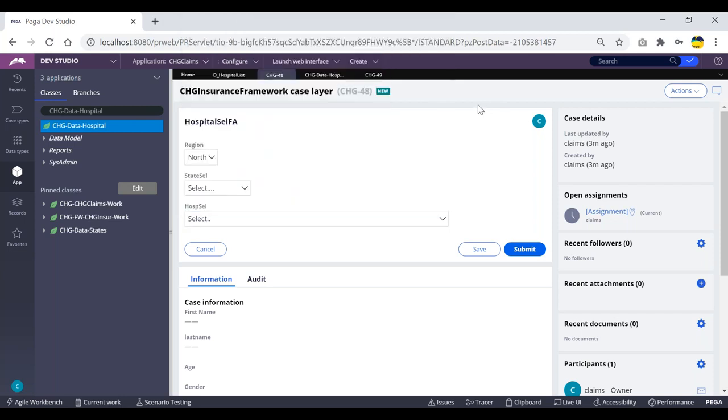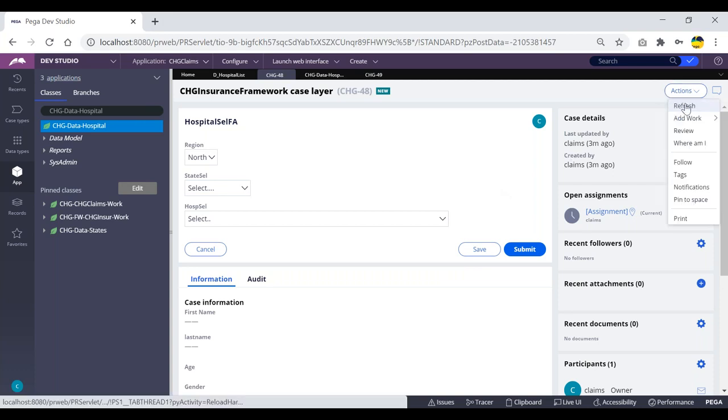So for the first time, whenever it is hitting the database, it will be pulling some set of data and putting it in the clipboard. And once the data is ready on the clipboard, if you're trying to make any modifications, if you refresh this, as I told you,